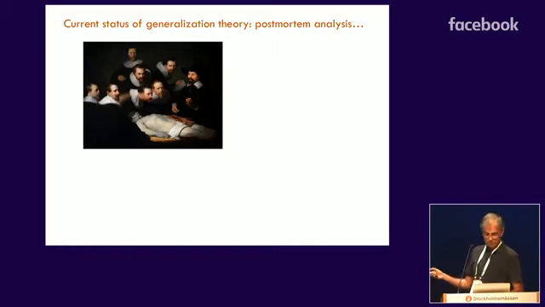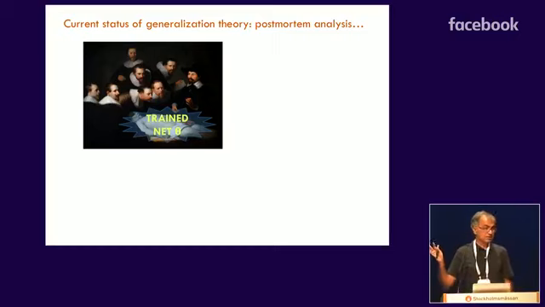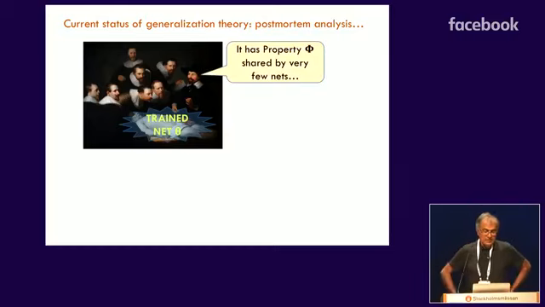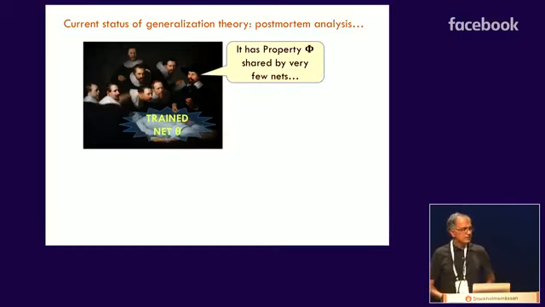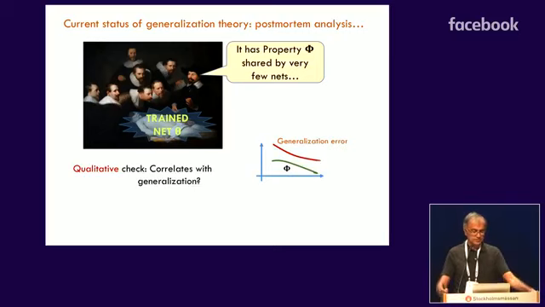Okay, so, all right, so who's died? What's the post-mortem? Well, nobody died. It's the trained net that we're analyzing. And so we gather around the trained net at the end of training. And somebody says, this trained net has some property phi, whatever phi is. Could be a quantitative property. And property phi is shared by very few nets, okay? It's a very special net. Right? So now that should be good for generalization, right? It's sort of an extension of flat minima, right? It's a property shared by very few nets.